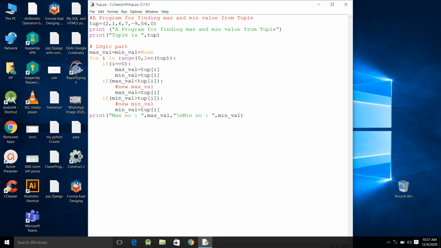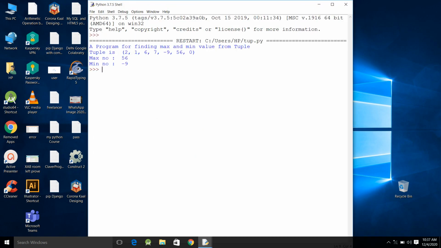I'm going to run it to check the output. You can see here in the output: tuple is 2 1 6 7 -9 56 0.